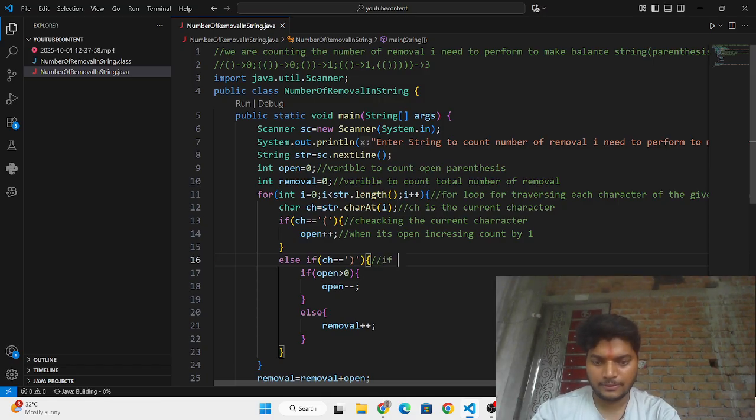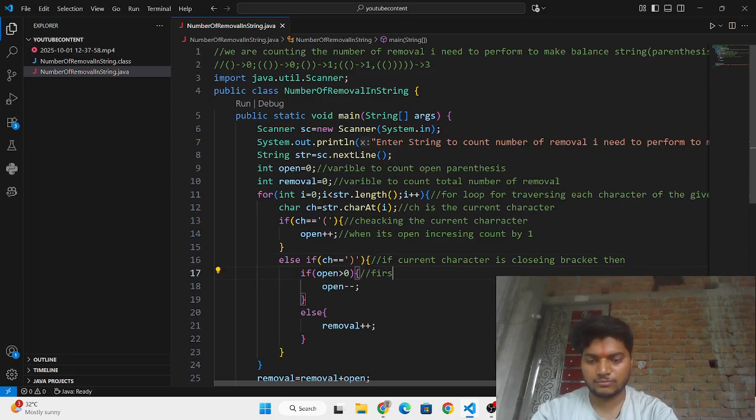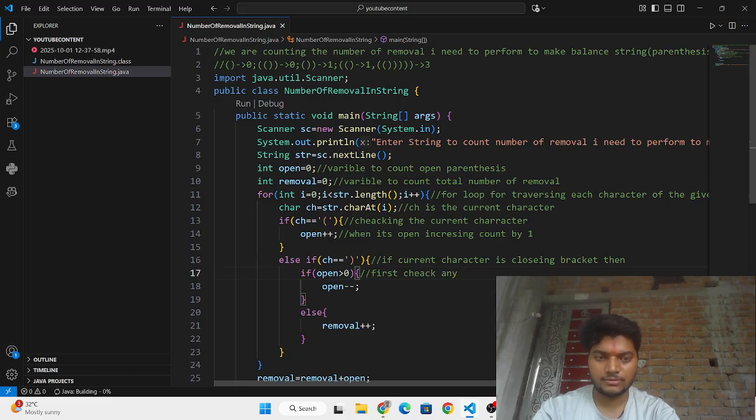If the current character is a closing bracket, then first check whether any open bracket is there.